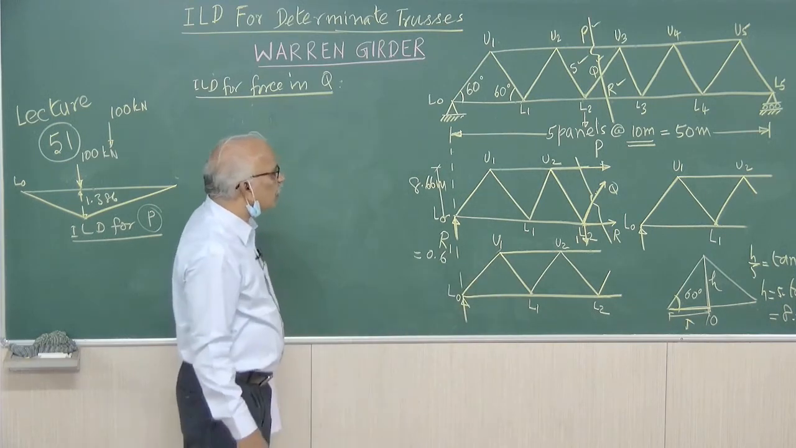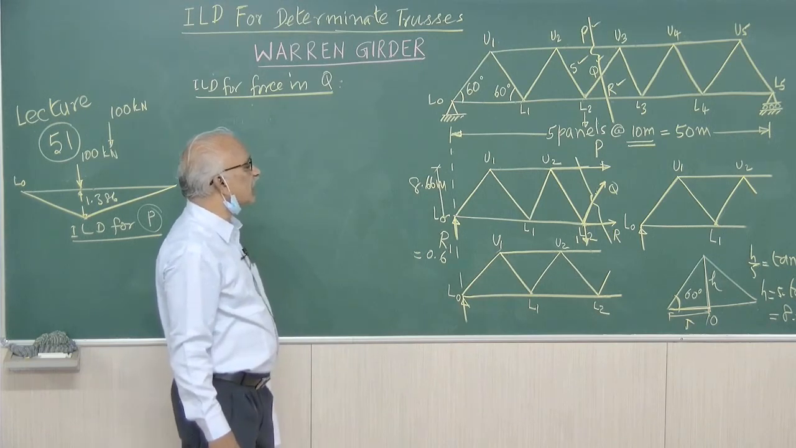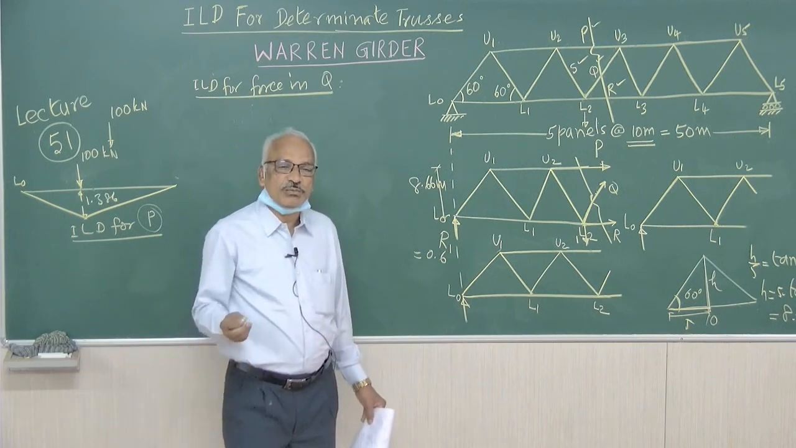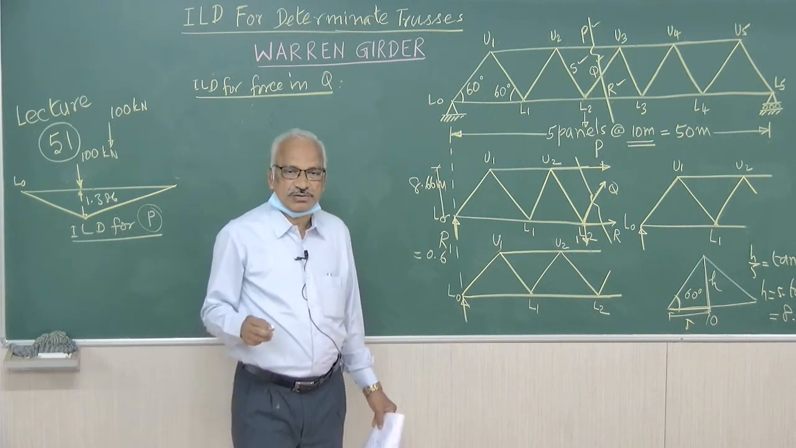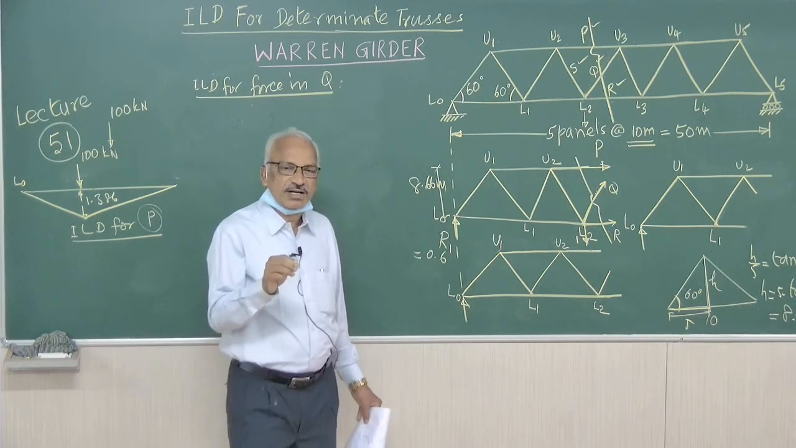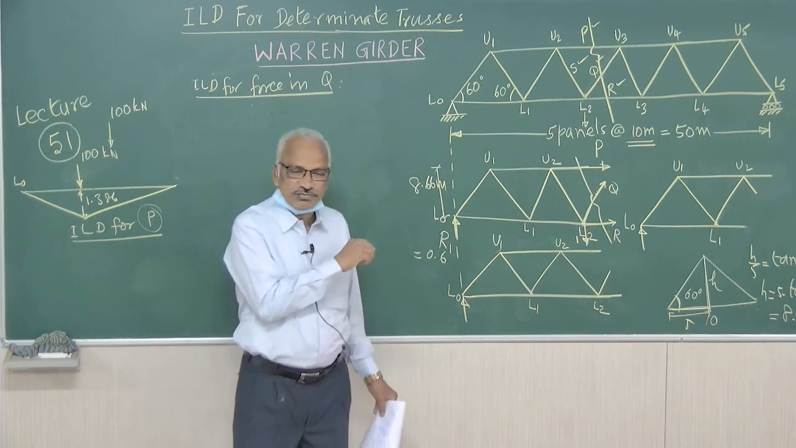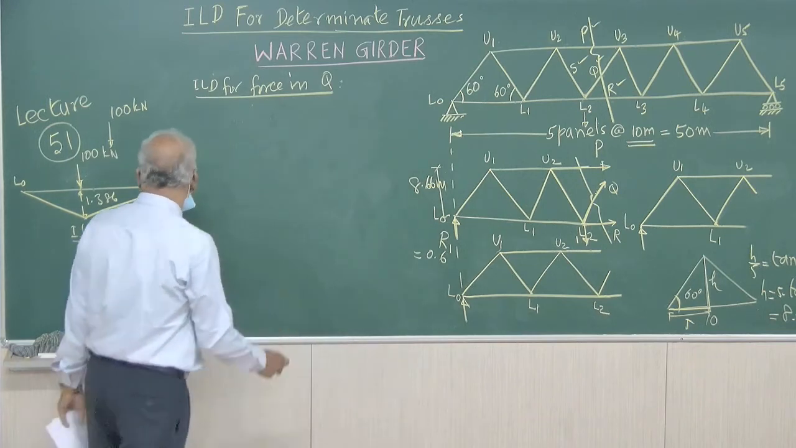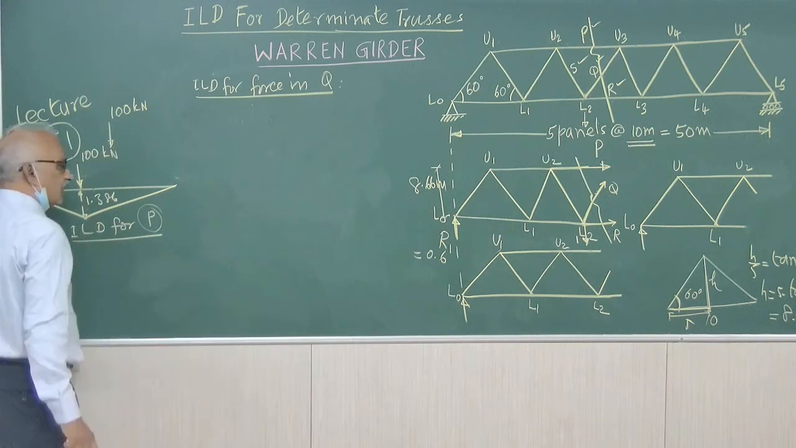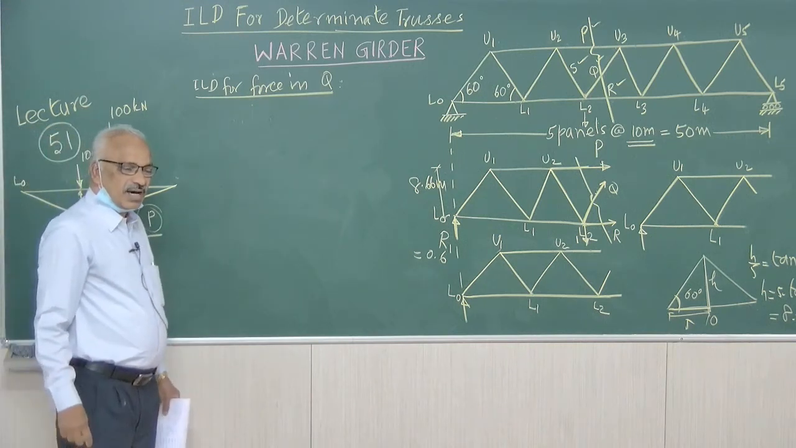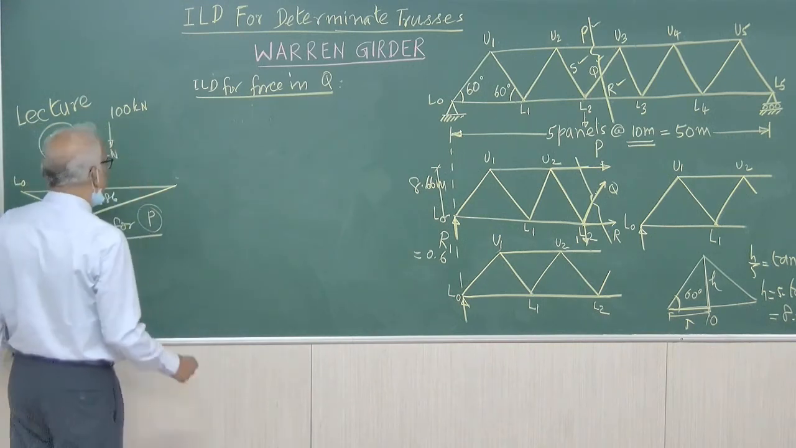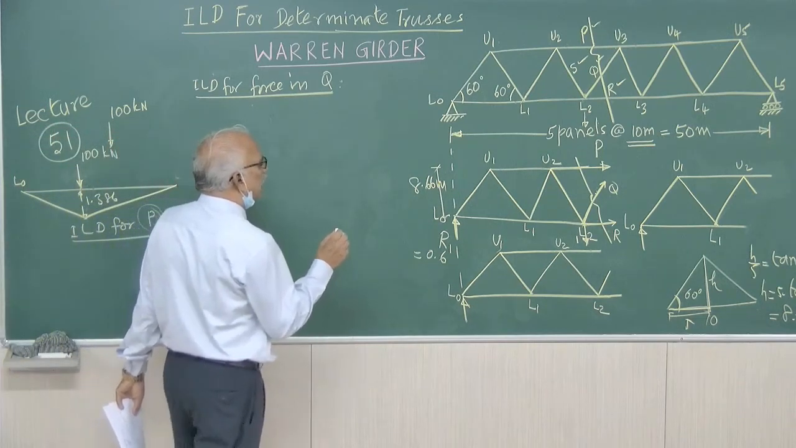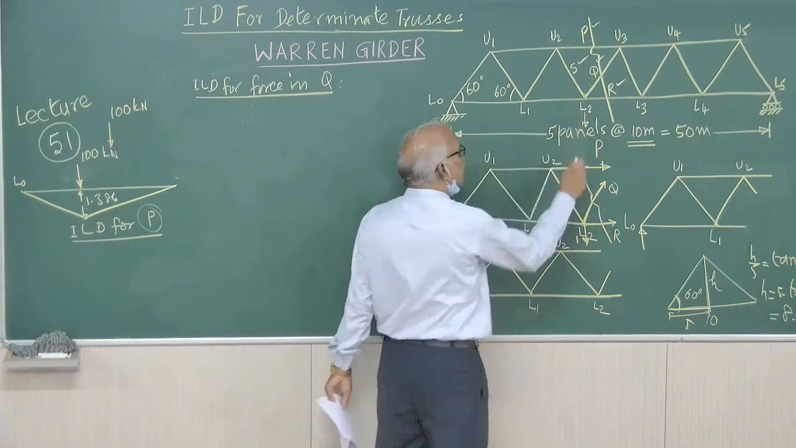Therefore, what we do is, we are going to make use of the condition sigma V equal to 0. Instead of taking moment, we are going to make use of sigma V equal to 0. Now, before telling about Q, I have missed one point, so I will just touch upon it with reference to this diagram. ILD for a member at a point L2, if it is a simply supported beam,